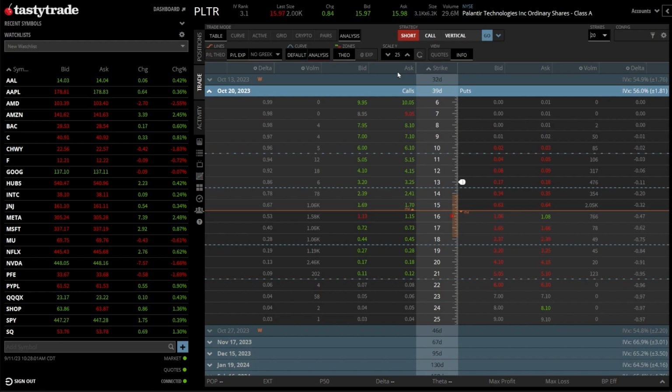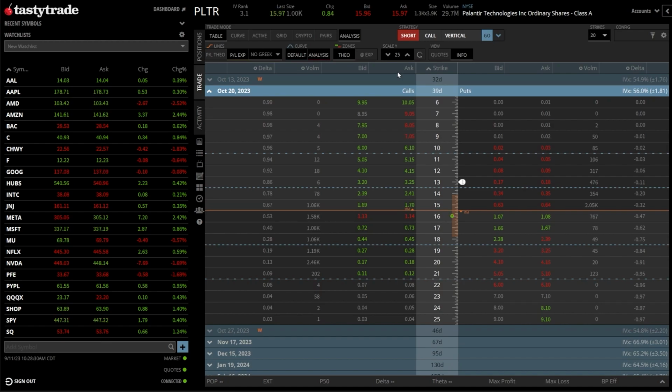Now, I know at the beginning I did mention that this is going to be a far more neutral trade, that you're not really betting on direction. You're more trying to make money from time decay, but it is still slightly directional. It's more neutral than a lot of other option strategies, but you do still have a bias in one way or the other. If we wanted to run through a real-life example, let's say that we were slightly bullish on